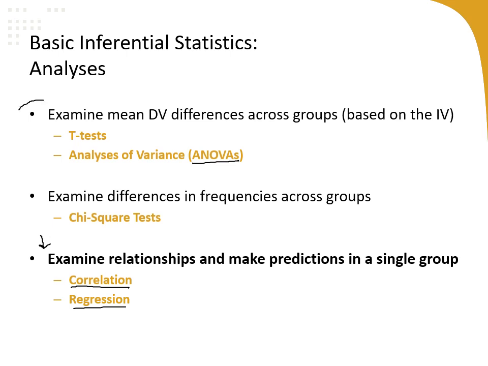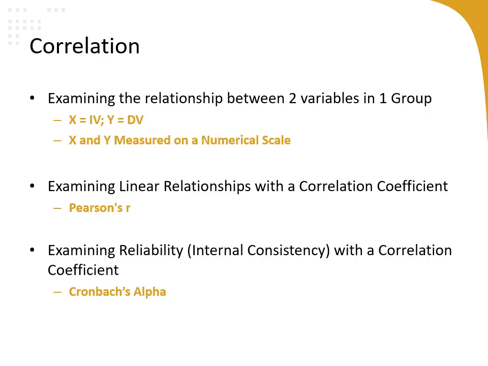Now, whenever there are results about these in a journal article, it is pretty straightforward, but when it comes to interpreting correlation and regression, it is a little more complicated and really deserves an overview to help you understand those types of results. So that's really what I'm going to focus on in this lecture: understanding correlation, looking at relationships, and then regression, using those relationships to then make predictions. So now I'm going to provide you with a pretty in-depth overview of correlation analysis and how to make sense of